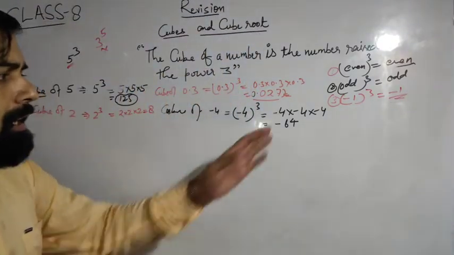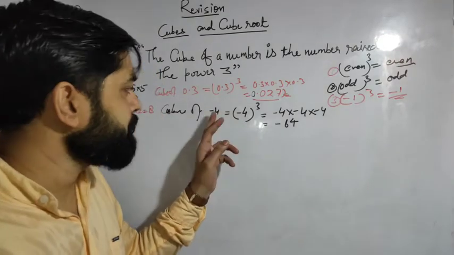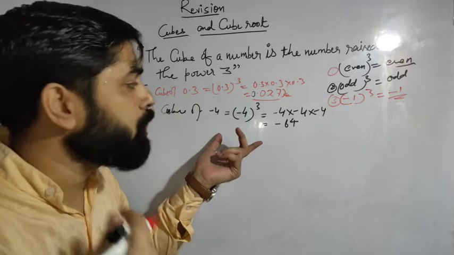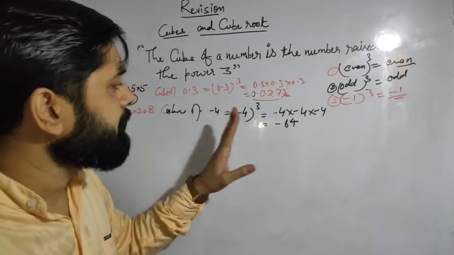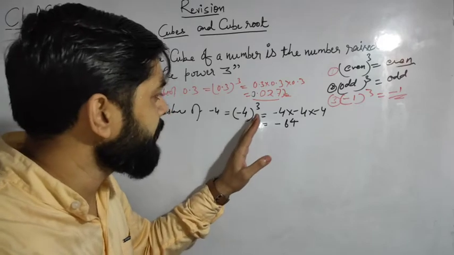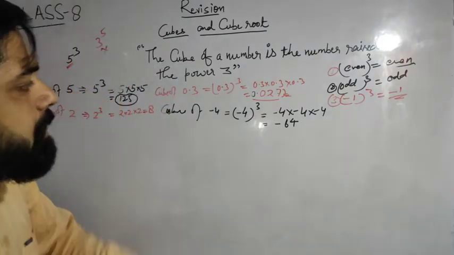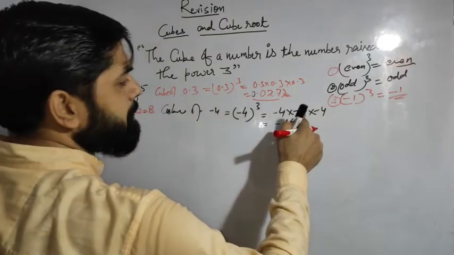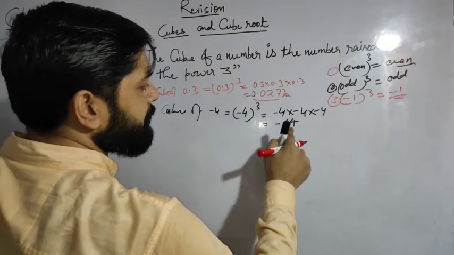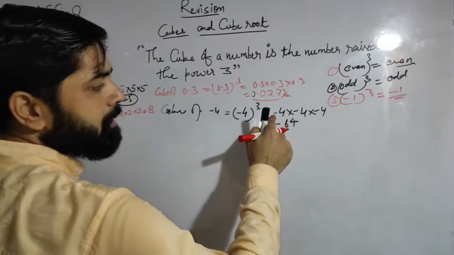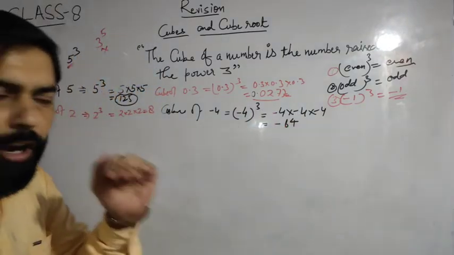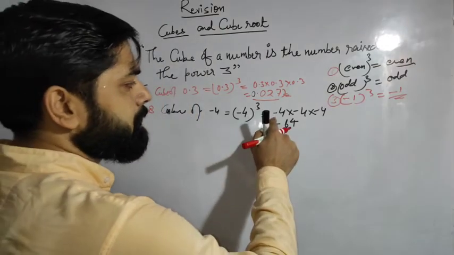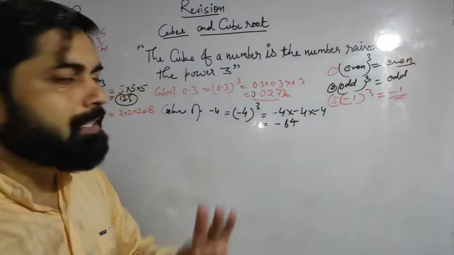Like here, what is here? Here the negative number is minus 4. The question is asking what is the cube of minus 4? So just write the cube of minus 4 in exponential form, minus 4 multiplied by minus 4 multiplied by minus 4, and what do we get? How many minuses are there? 3 minuses, 1, 2, 3. 3 is an odd number, so we always get a negative answer. Minus times minus is plus, and plus times minus is minus, then 64.